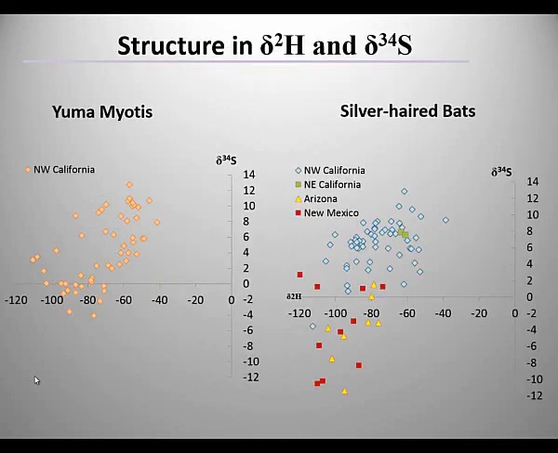So we've tried a few different things to increase our precision. We combined the hydrogen isotope with a number of other different isotopes. Here I'm just illustrating how we used sulfur isotope to see if we could tease out patterns there, to increase the precision of where these bats were coming from. We also added samples from different parts throughout the country to see if we could make some sense of the pattern. And it's helpful, but it's really not the silver bullet for us so far.